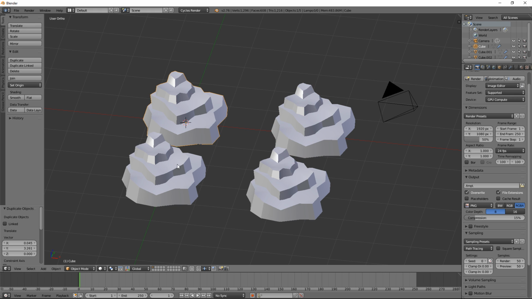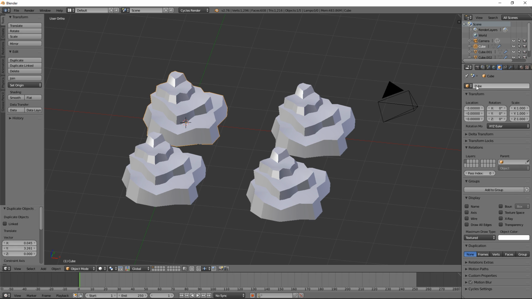And let's say that these are 4 very different rocks. What you want to do is click on one of them. Over here in the tabs, there's this little yellow cube. If we click on it, it will let us name our cube. So let's name this,